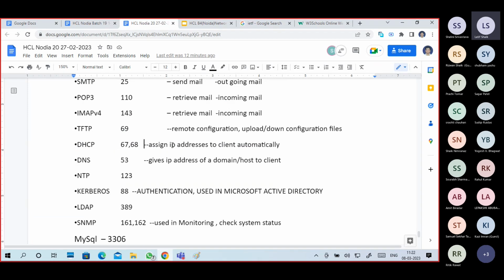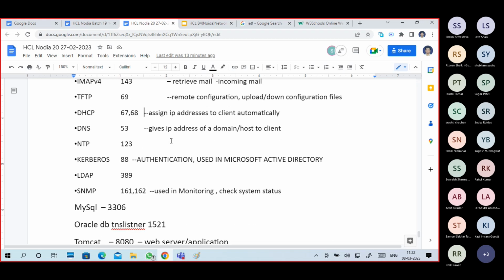There is a DNS server. The request goes to the DNS server, asking for the IP address of that particular server, and we get our own IP address from the DHCP server. NTP, Network Time Protocol. I already told you about it. I am getting the time. My time is synchronizing from time.windows.com. That server synchronizes the time.